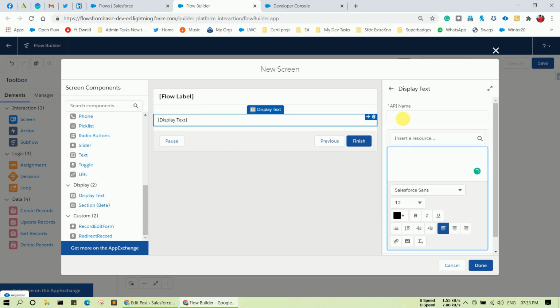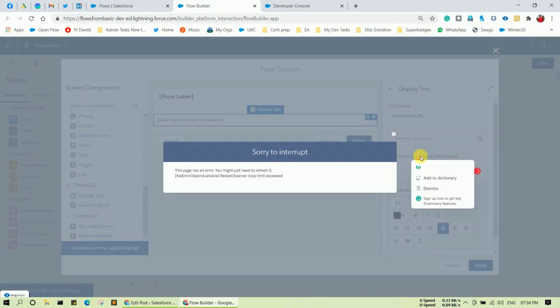Provide an API name, let's say redirect via URL, and in the message you have to provide a message like click here to view the record, and let's correct it.